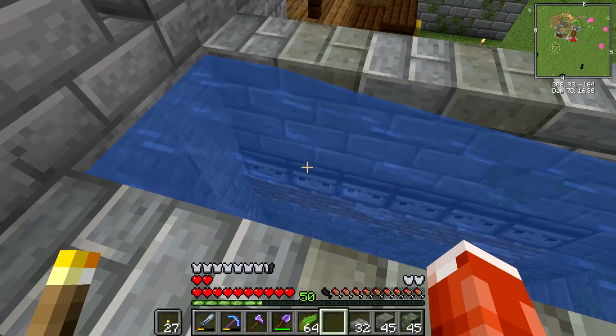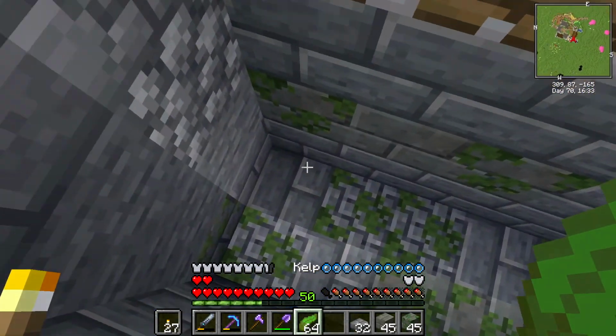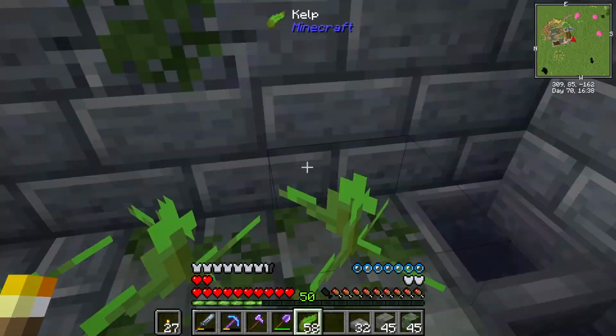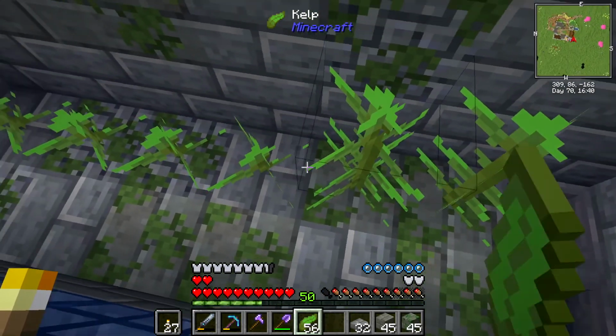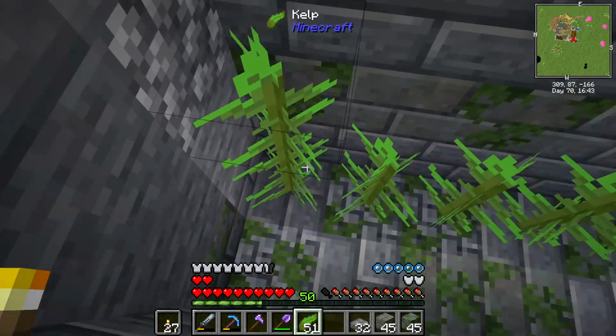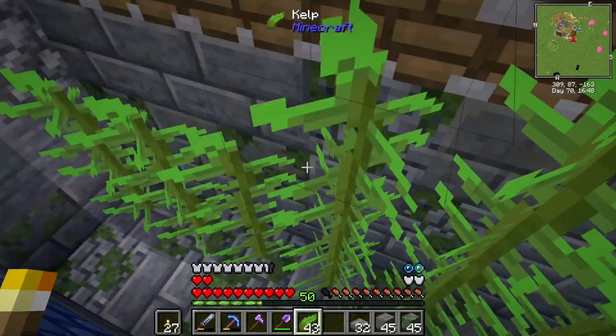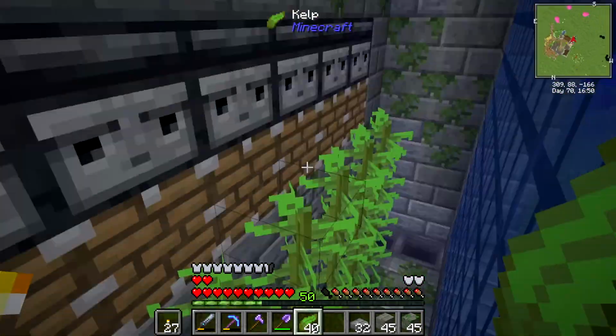Okay, now we just have to plant our kelp. And we're only going to plant it against the row that has the observers and pistons. And if you want to speed things up, we can raise it up a couple of blocks. You can make this farm shorter. I only made it this high because kelp is pretty to look at. There